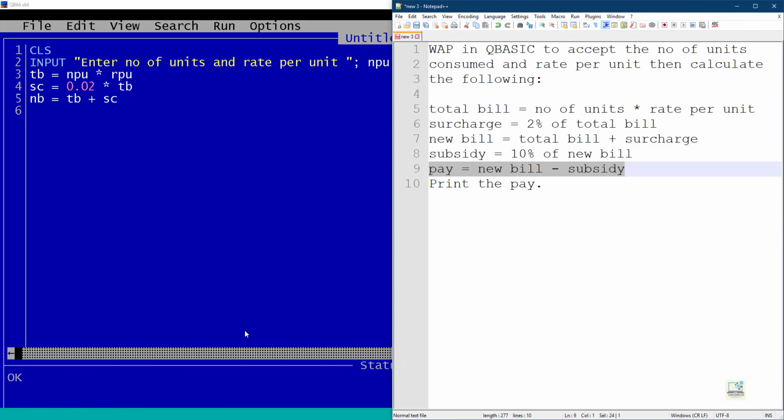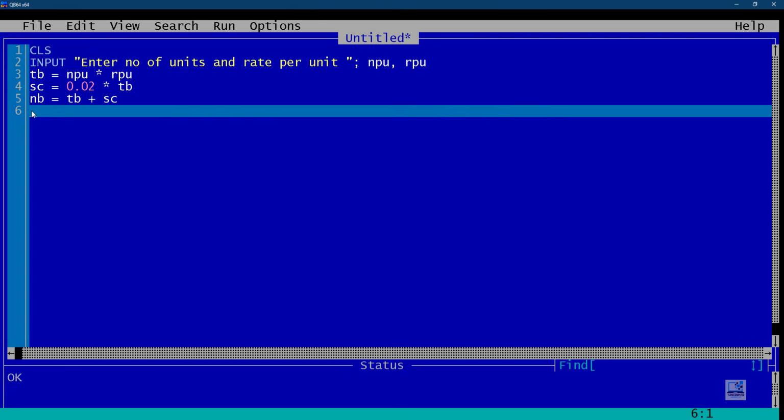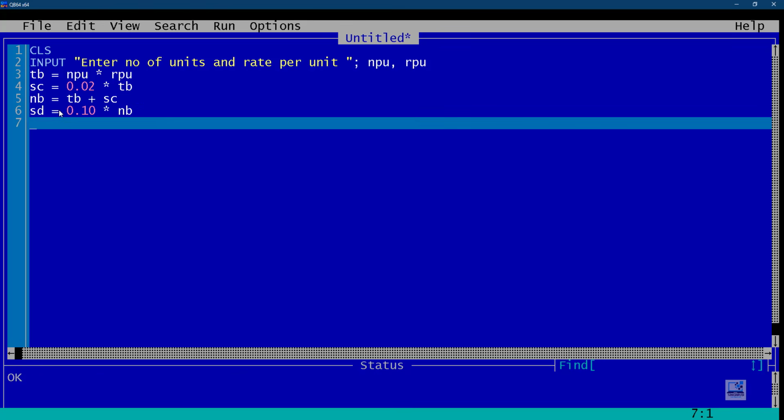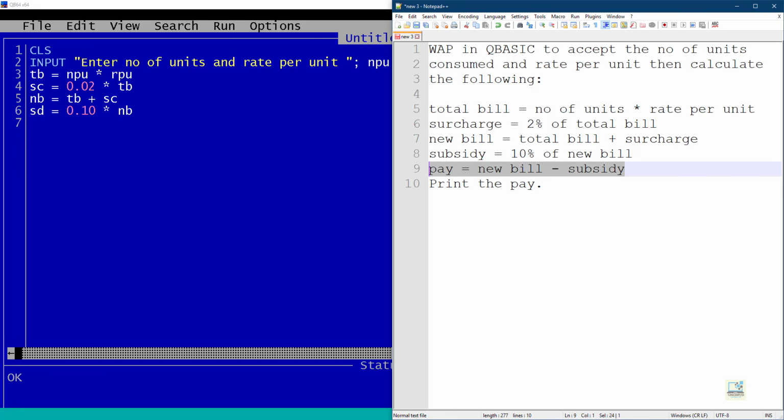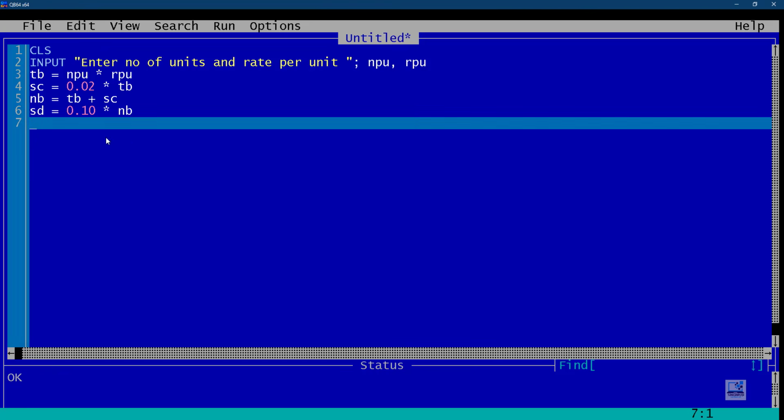After that we need to calculate the subsidy, which is 10% of the new bill. So subsidy we can write SD equal to 10% means 0.10 asterisk NB means new bill, 10% of new bill. And at last we have to calculate pay, which is new bill minus subsidy. So I can write pay equal to NB means new bill minus subsidy means SD.